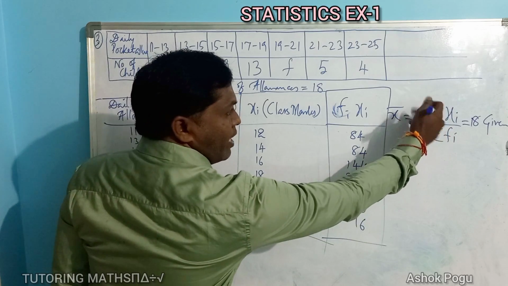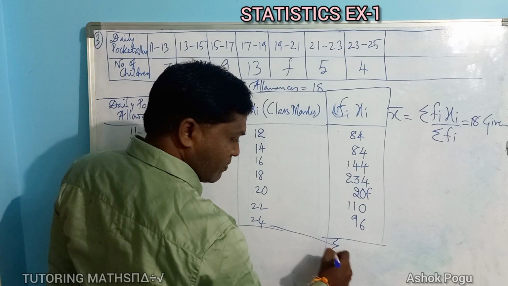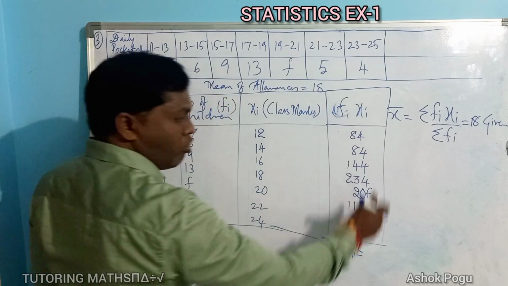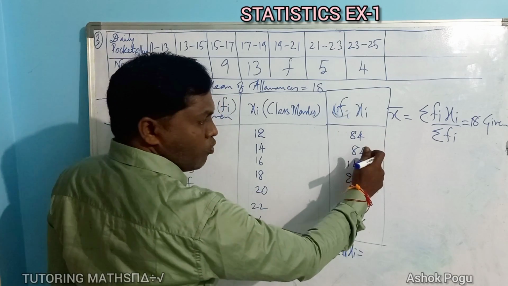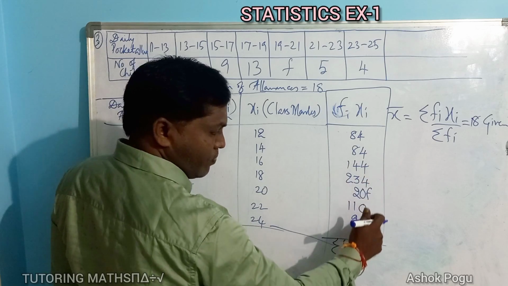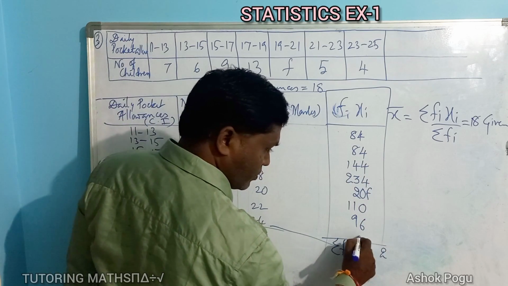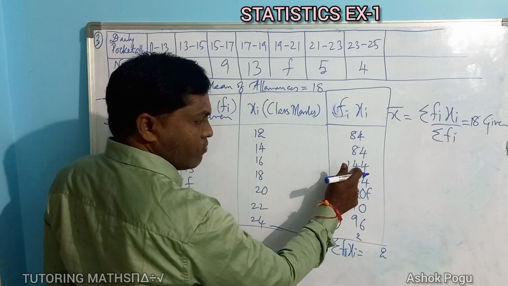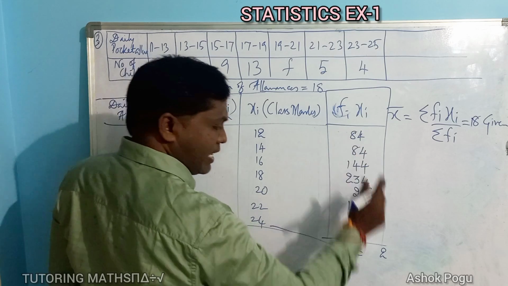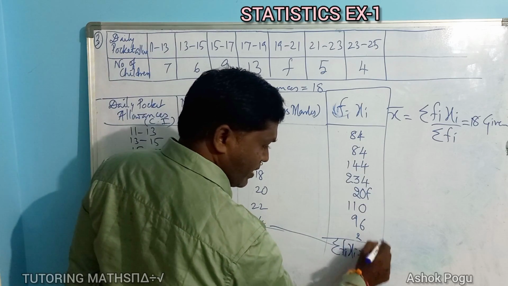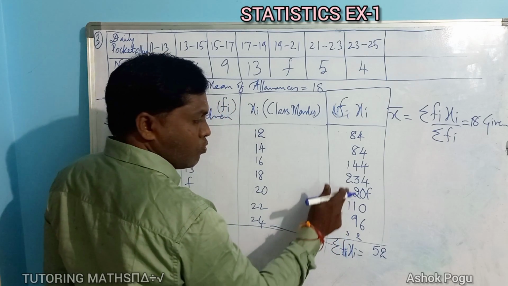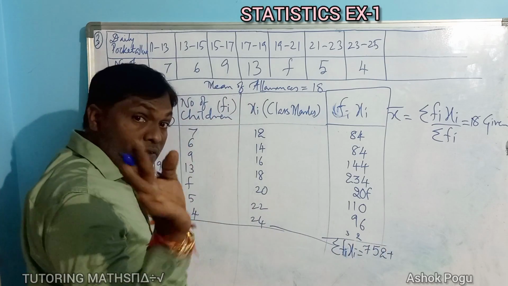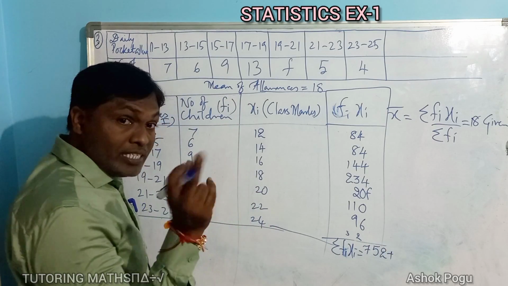Now in the question we require the summation, so find the summation. That is sigma fi xi, the sum of all these results. Let's find the sum. 4 plus 4 is 8, plus 4 is 12, plus 4 is 16, and 6 is 22. 9 plus 2 is 11, 1 is 12, 3 is 15, 4 is 19, 8 is 27, 8 is 35. 3 is left. It is 752.